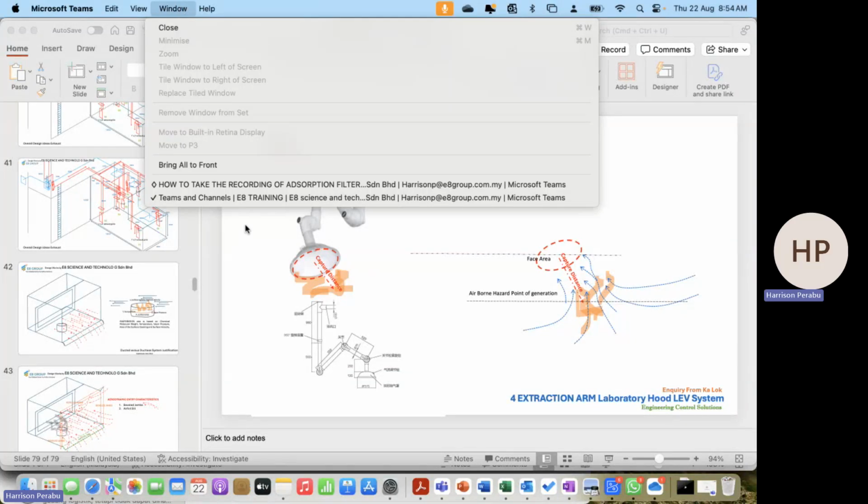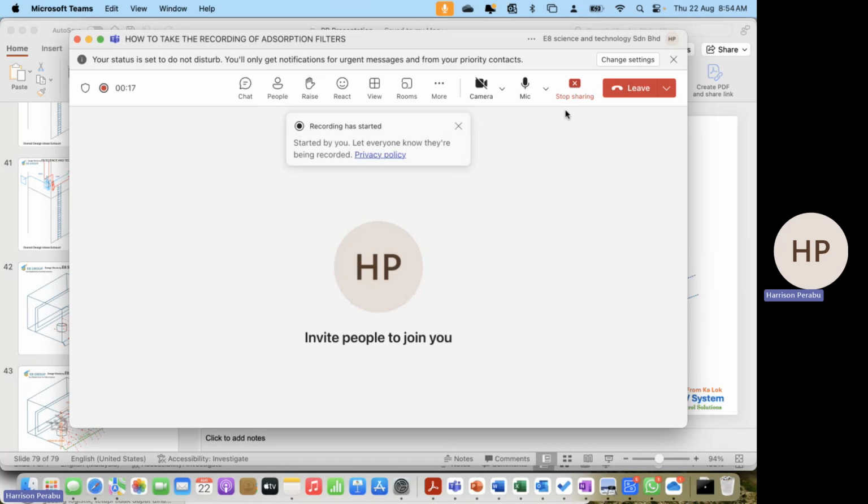How do I record performance monitoring? Now, we're going to look at